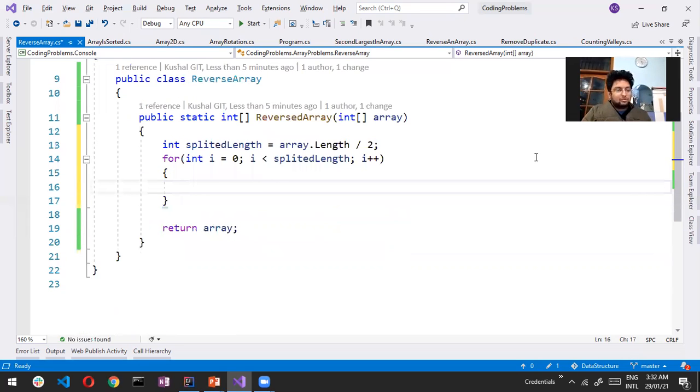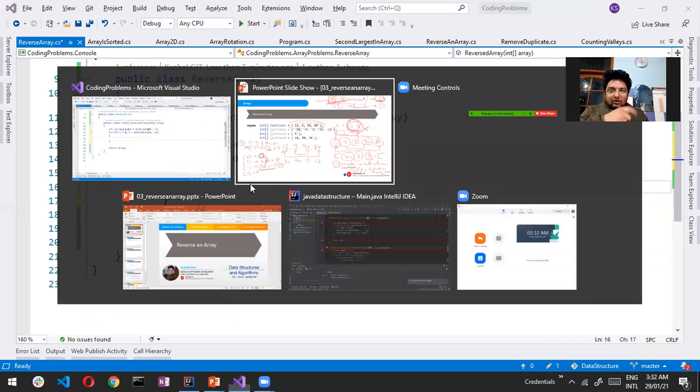Now we have to come back to our condition where we have to reverse. So we have put our two conditions. One is the divide by length. The other is till where we have to go. Now we have to put our third condition, in which we were swapping the indexes. While swapping the indexes, you should always remember how a swap works.